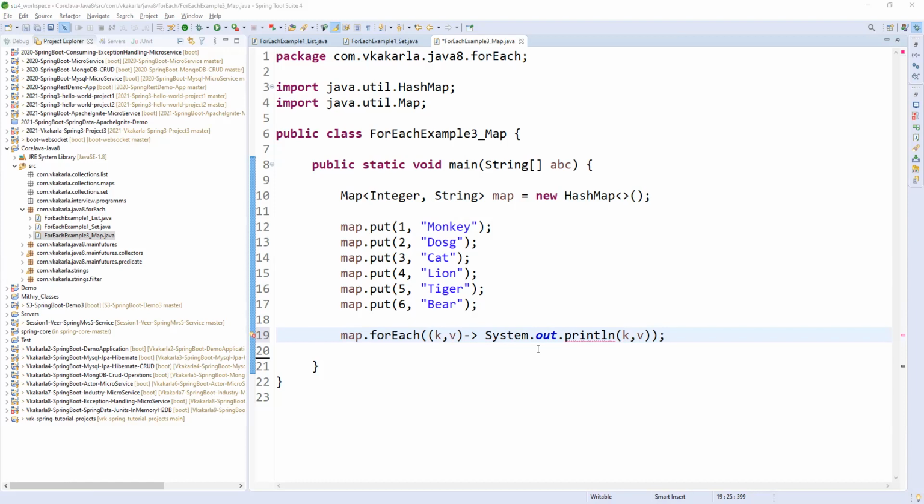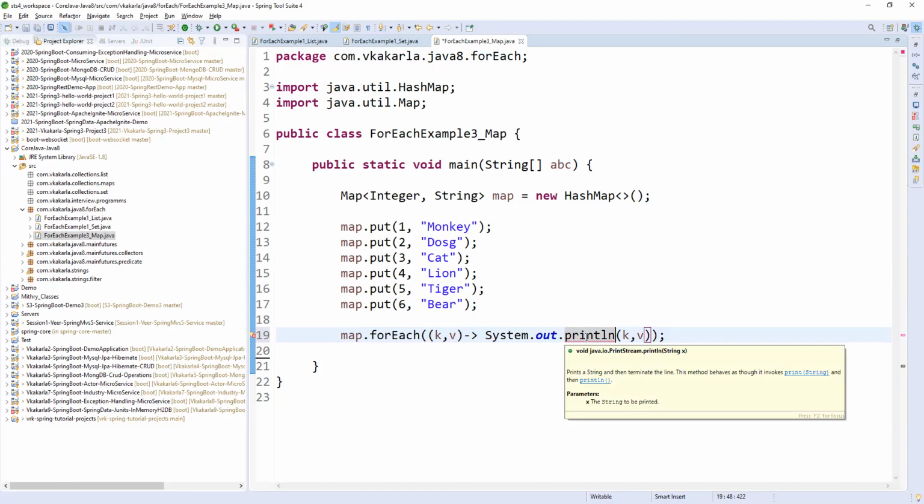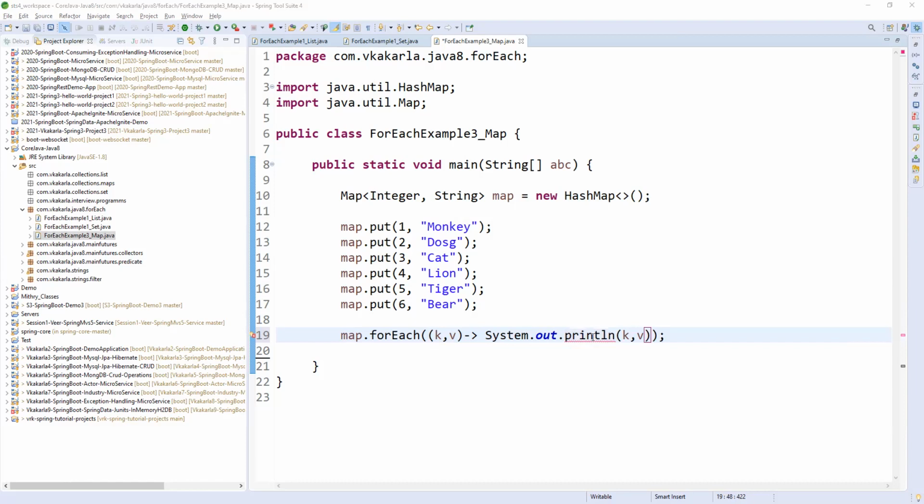So println. So what it is? Oh, this is the print statement, right? We need to provide some space.